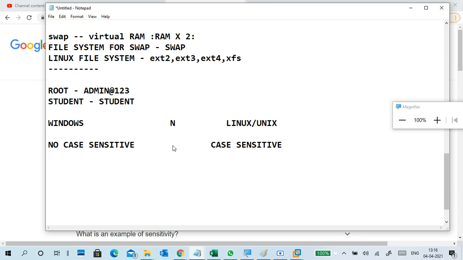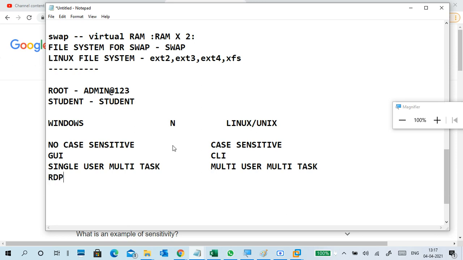In Windows we use the UI as the main one. Linux is CLI. Windows is single-user multitasking type. Linux is multi-user multitasking type because of multiple users.